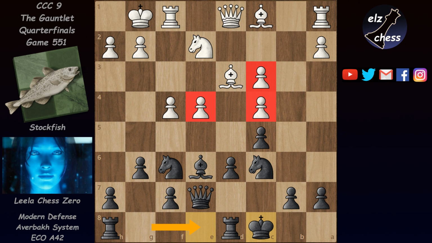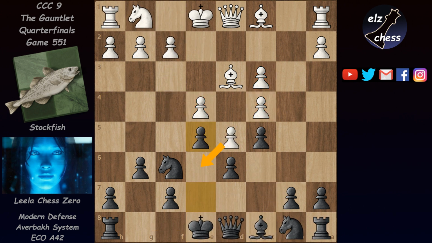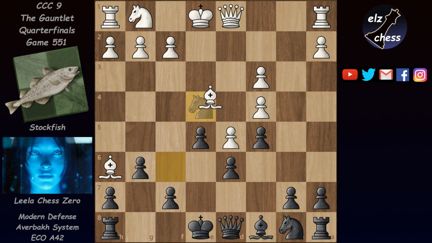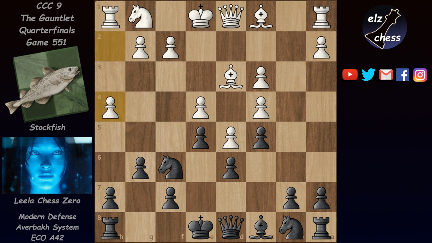So after e5, Stockfish considered that taking here on e6 is not best. And he has this idea with bishop h6, trying to prevent Leela from castling, but this now would fail because of knight e4. And after bishop takes, there would be queen h4 attacking both bishops simultaneously, and black would win a pawn. So here, instead of bishop h6, Stockfish played h4, and now queen h4 obviously doesn't work, so maybe